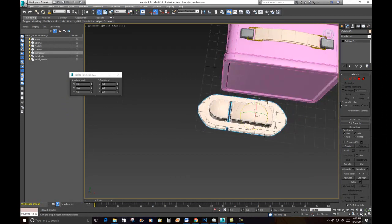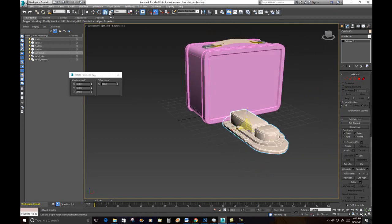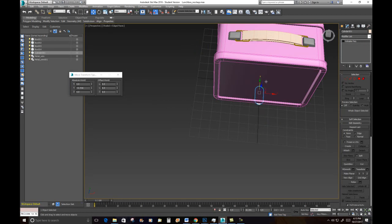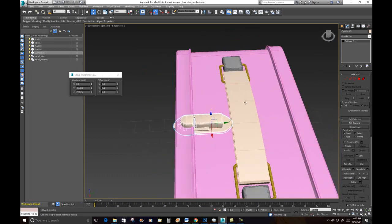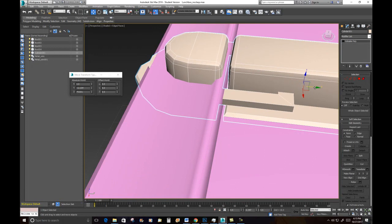And then I want to rotate it. So I've got my angle snap on, and I want to rotate this 90 degrees. And let's scale it down. Let's center it. So if I right click, I want to center it. Let's take it back and bring it up to the top of this thing. Whoops. I don't think I had the right axis. So we're going to want this to sit right about there,